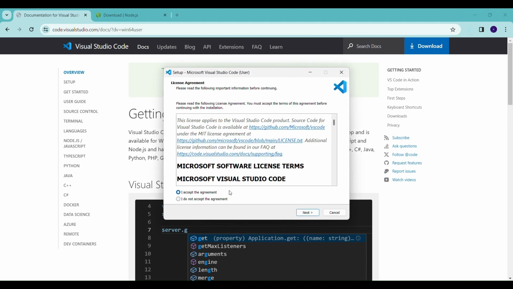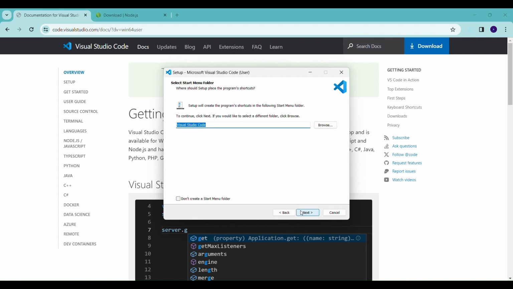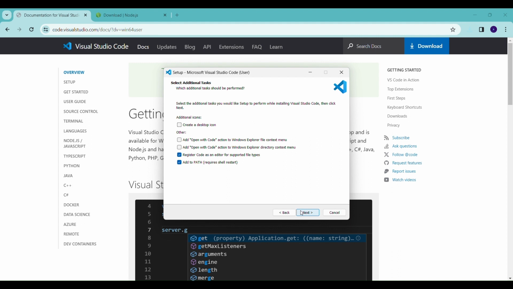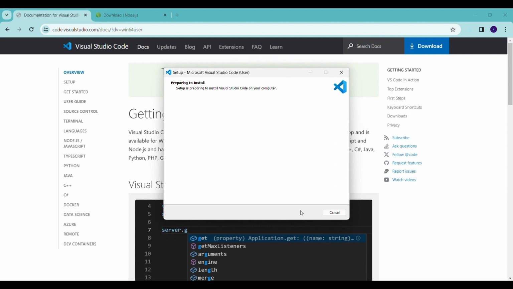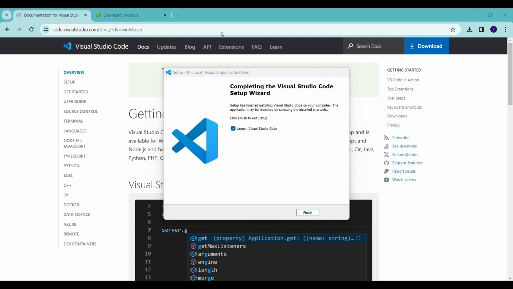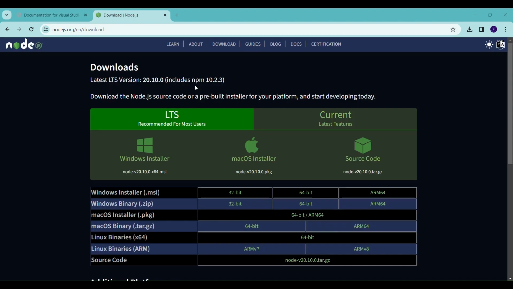You just have to click I accept the agreement, and then click on next. Next. No changes over here. And then you have to install. It will take some time to install this. Okay, so we have completed the installation of VS Code. We just have to click on finish and it will launch Visual Studio Code for us.